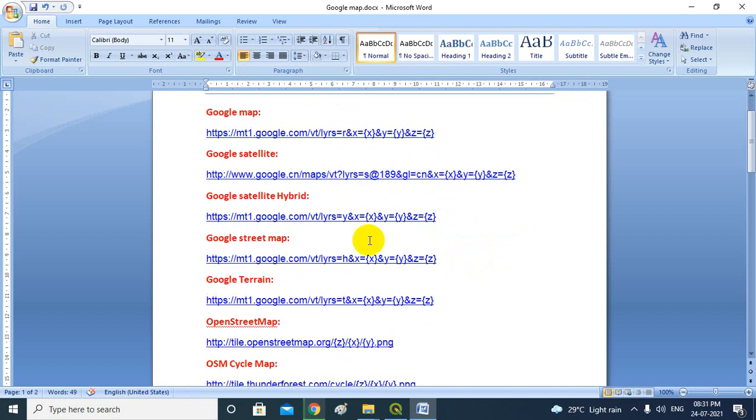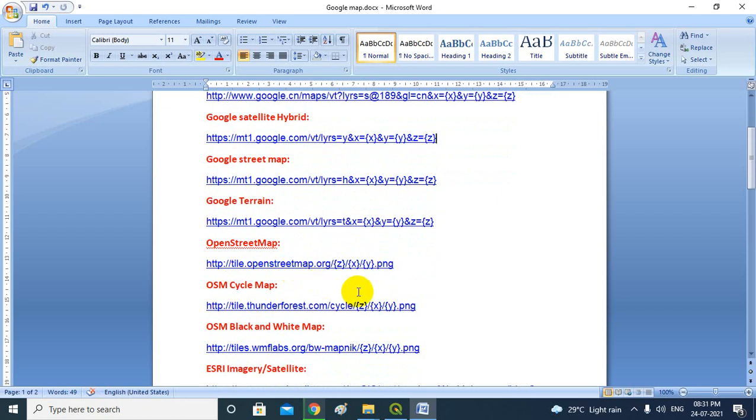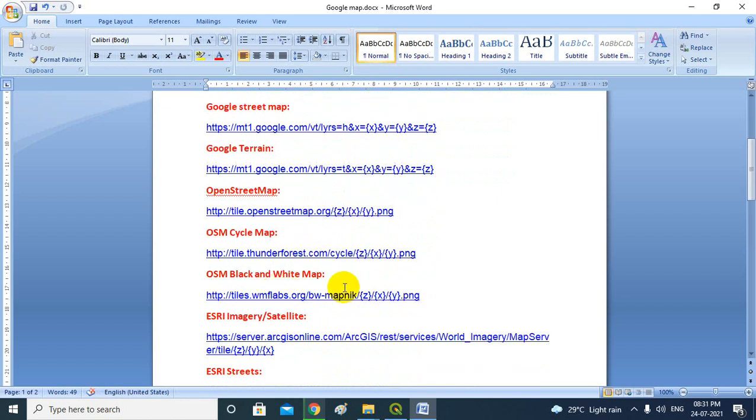The same way, if you want to add Google satellite hybrid map, Google Street Map, Google Terrain, OpenStreetMap, OpenStreetMap cycle map, OpenStreetMap black and white map, Esri. You know what is Esri? A very popular software developing organization.